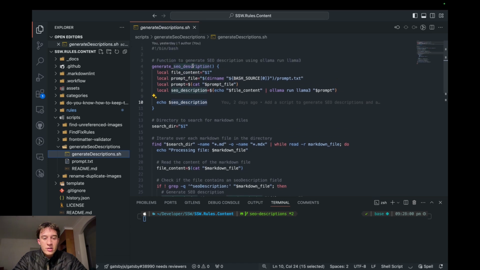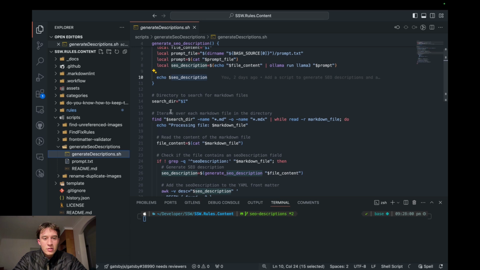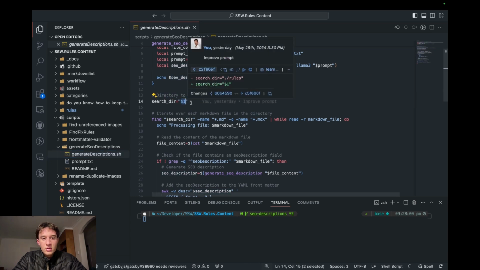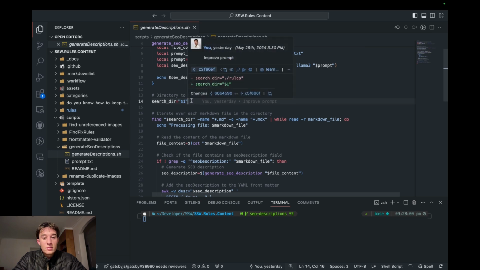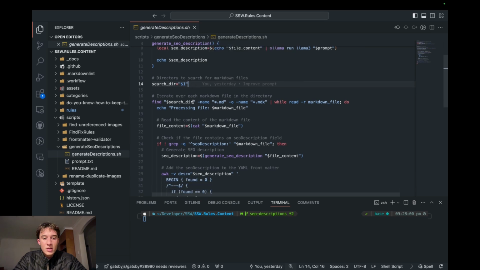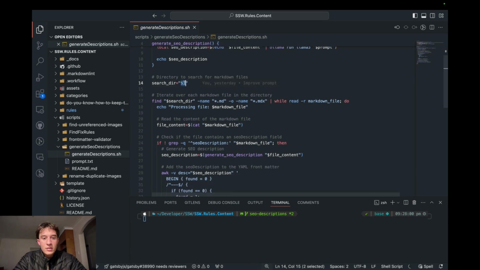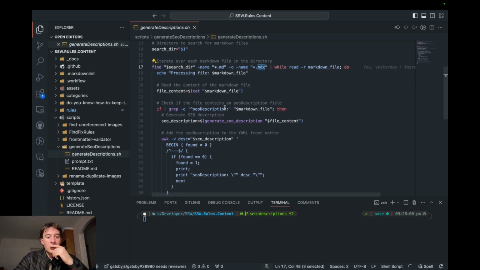So there's a function up here, but let's skip that for now. Let's look at the entry point. The first thing it does is get a directory from the parameters of your command. So that will be the path to your markdown files. Basically, you give it a path, and we're going to give it the /rules folder now, and we'll get it to iterate over every markdown file in that directory, MD or MDX file, to read the file, and then